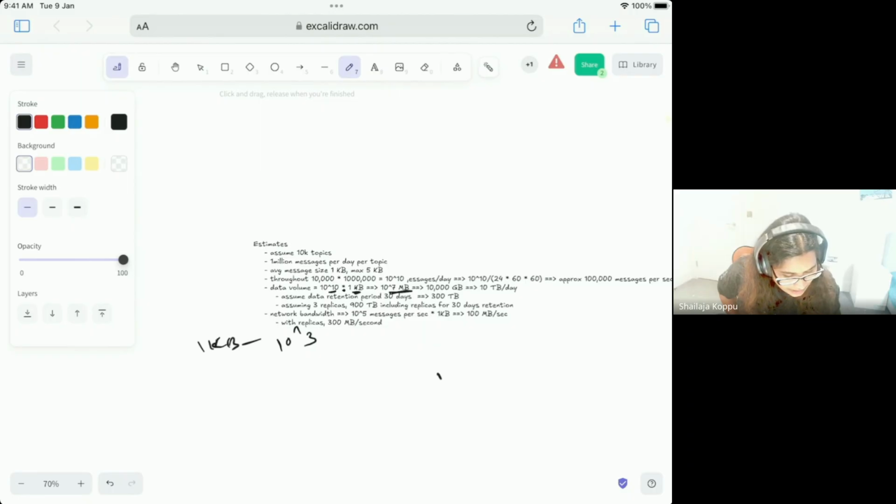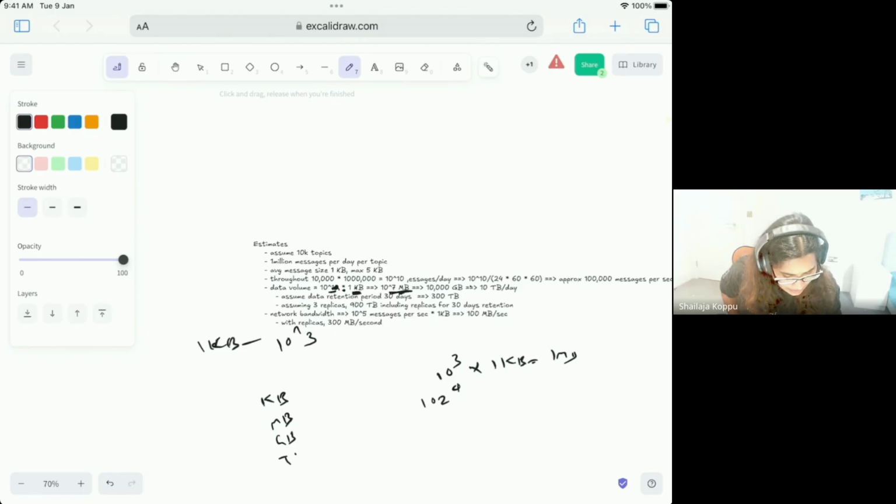If you see 10 power 3, almost, 1 KB becomes 1 MB. Ideally, it's 1024, so you take 3 zeros every time. You bump up from KB to MB to GB, and so on. So KB to MB, take off 3 zeros here: 10 power 10 minus 3, 10 power 7 MB. Then take off 3 numbers, then you go from MB to GB. So this is the order: KB, MB, GB.